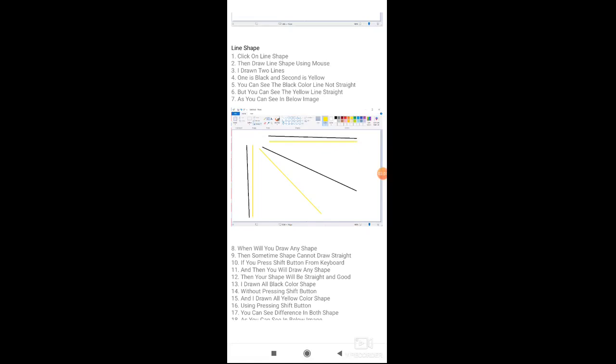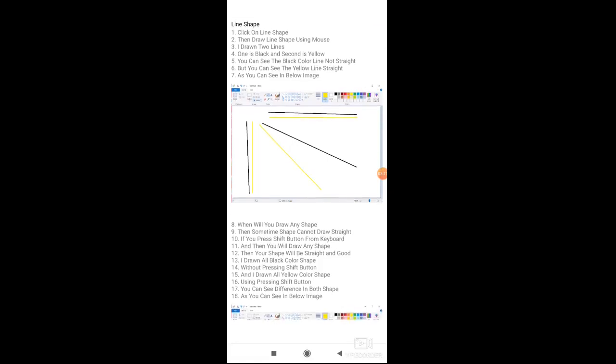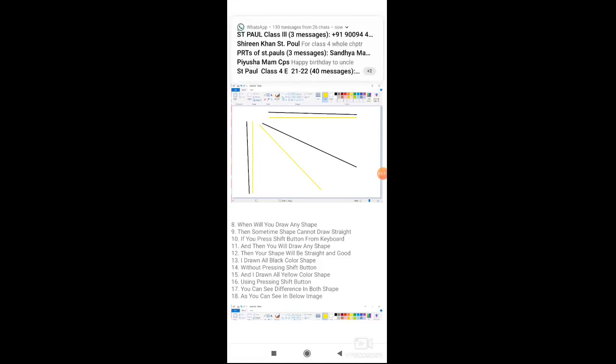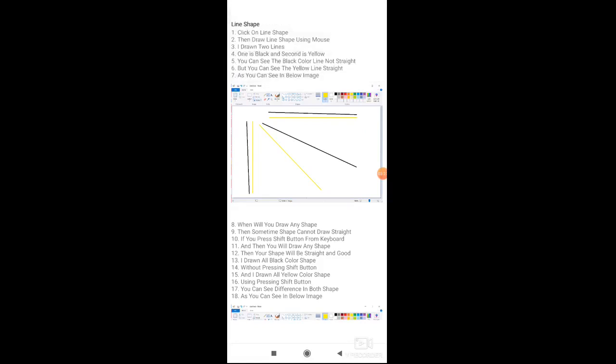So by pressing the shift key on your keyboard while you draw, that shape will come out in a straight and good form. I drew all the black shapes without pressing the shift button, and I drew all the yellow shapes while pressing the shift button. You can see the difference in both shapes, as you can see in the images below.